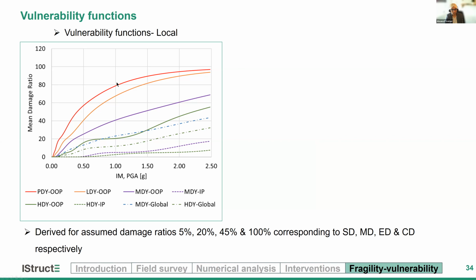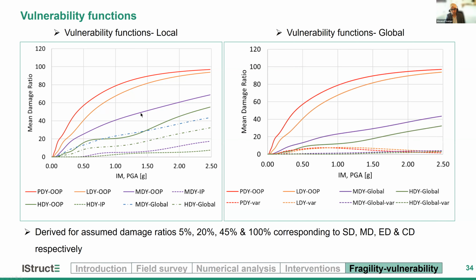In this case, where we still have the out of plane and in plane systems kept separately, we have the poor design having the highest vulnerability, and the vulnerability reducing when we go from poor design, low design, to medium design and high design. And here in the dotted lines, you can also see the in-plane